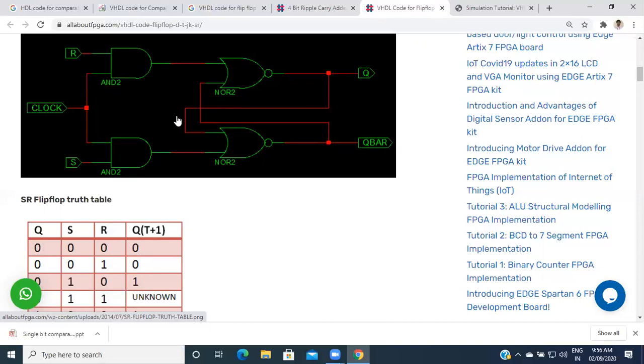If here it is 1 and here it is 0, the output of the NOR gate is 0. The opposite of 0 is equal to 1, and if here it is 1, it is equal to 0. So here Q is 0 and Q bar is 1. So here Q of t plus 1 is 1 and the other values are 0.